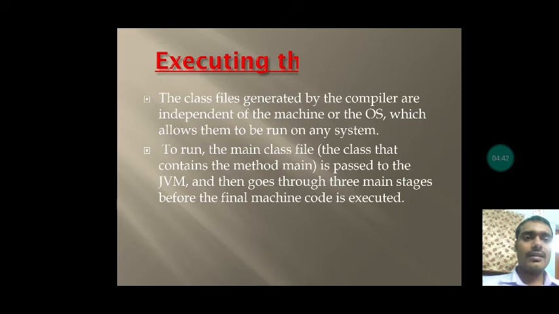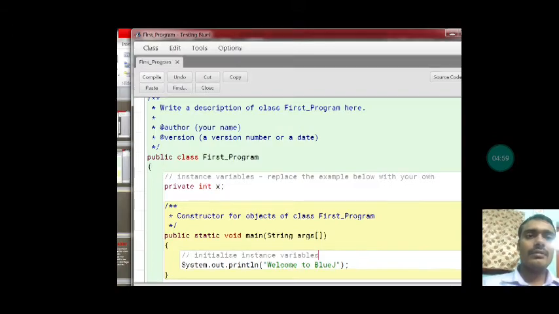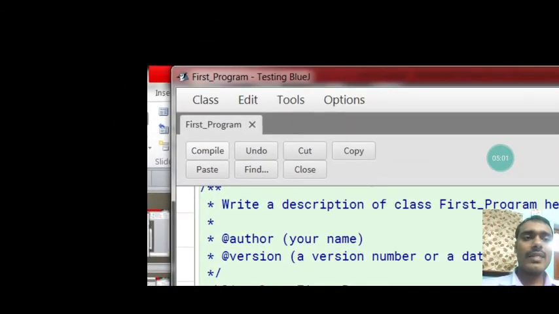Now after writing this statement, we need to compile it. For compiling, we need to click on compile. You can see this is the compile option.